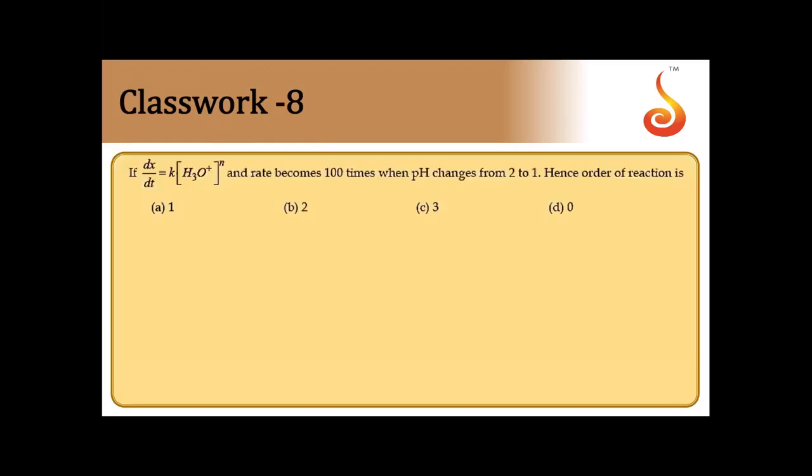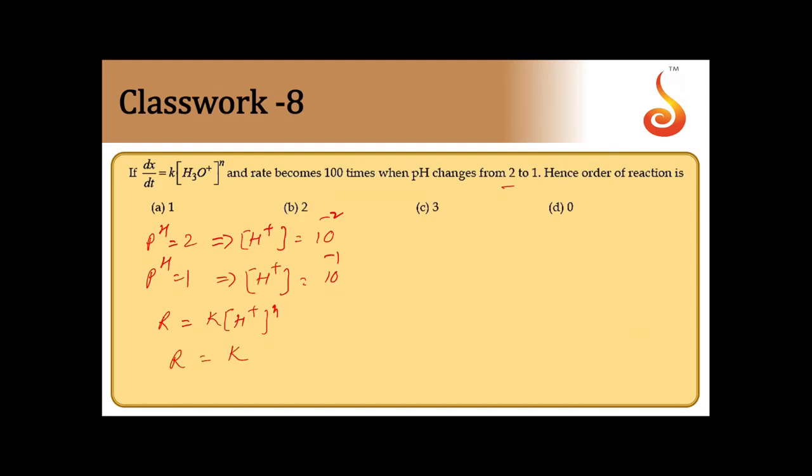Now let us take the pH values 2 and 1 given to us. So pH is equal to 2. This implies H plus must be equal to 10 to the power of minus 2. And then pH is equal to 1. This implies H plus is equal to 10 to the power of minus 1. Now rate is equal to rate constant K into H plus to the power of n, where n is the order of reaction. Let us take the first case where pH is equal to 2. So R is equal to rate constant K into